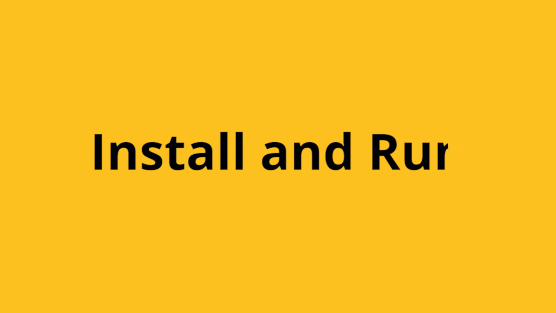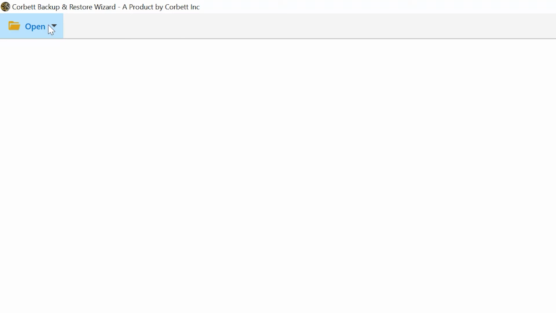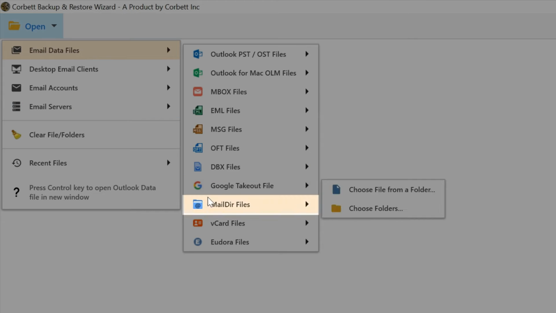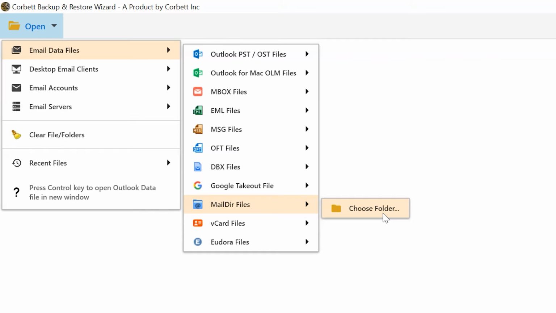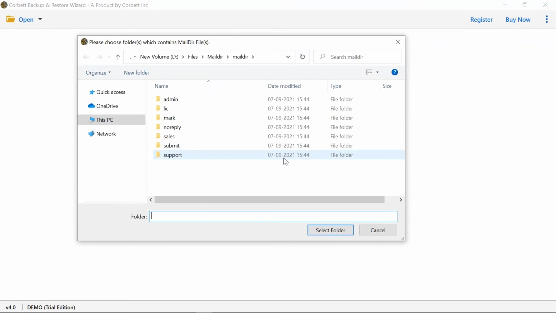Let's install and run the tool. Simple and user-friendly UI is a major feature of this standalone tool. Click on the Open tab and choose the drop-down option. Select Email Data Files. Now select the Maildir Files option. Then select the Choose Folder option to browse the Maildir folder from your system. You can choose the desired Maildir Files folder from your system, and after selecting the folder, click Select Folder to